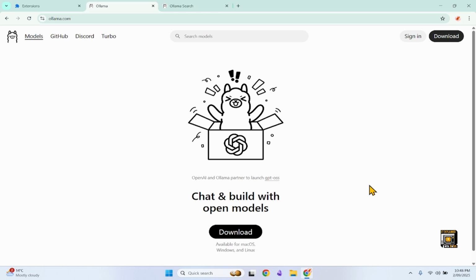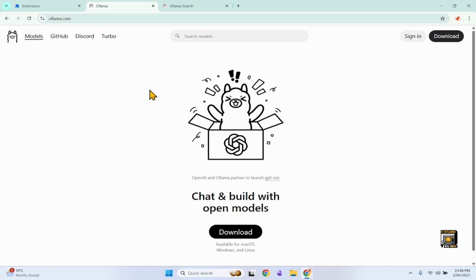So first I'm going to show you how to install the Ollama software and download the model, and then in the next video I'm going to show you how we can create our own models for specific purposes, and then I'm going to show you how we can install some extension on Google Chrome. Then we can use our local large language model to do some search online, but using only the local model